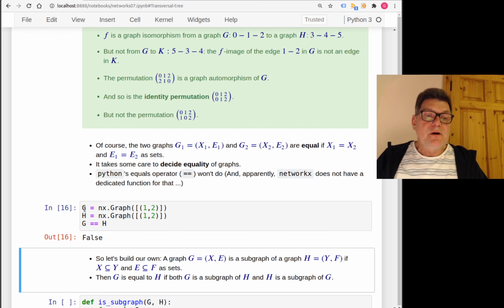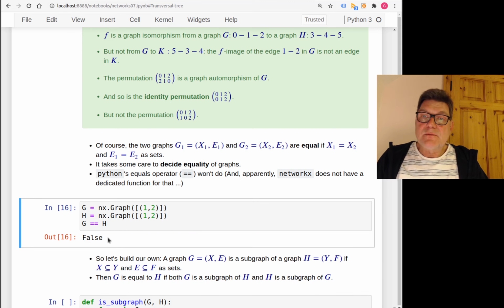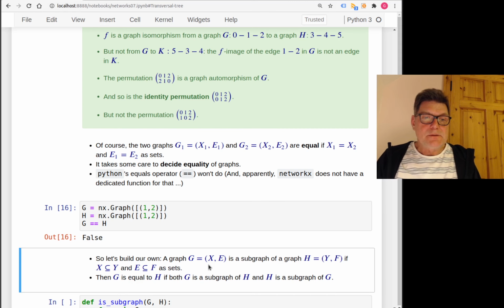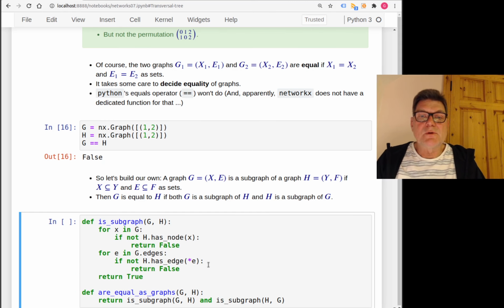I define a graph G as just the edge 1, 2, and a graph H as the same thing, the edge connecting 1 and 2. So that's two different names for the same graph structure, and Python decides they're not the same. So we'll build one ourselves